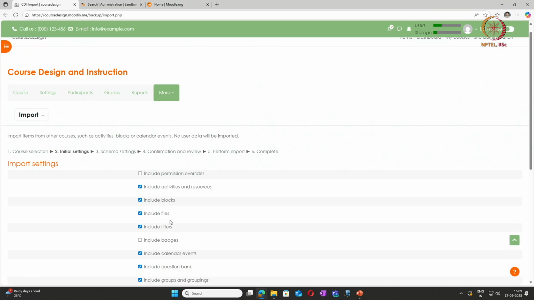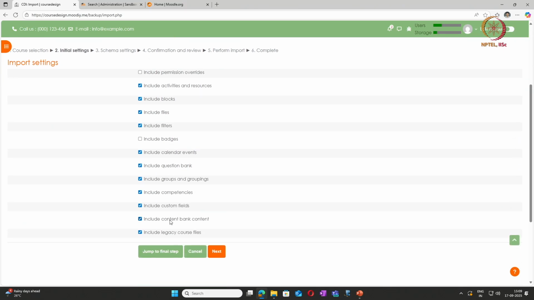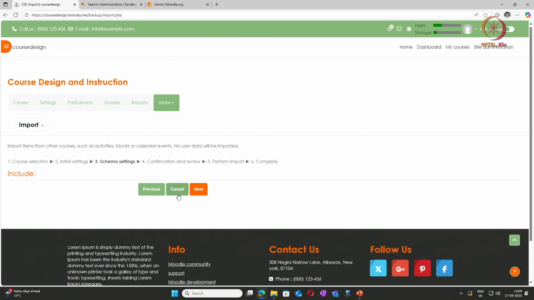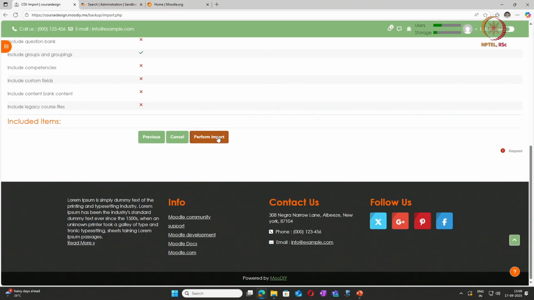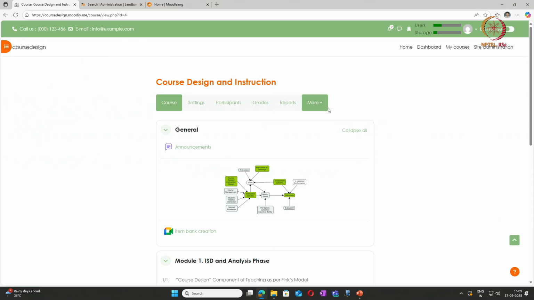Then it will ask what all you want to bring. Here I would like to bring the blogs and some calendar events or question bank or groups. Only those things we can select, and click on next. It will tell us it is going to include these things and perform the import into the present course.